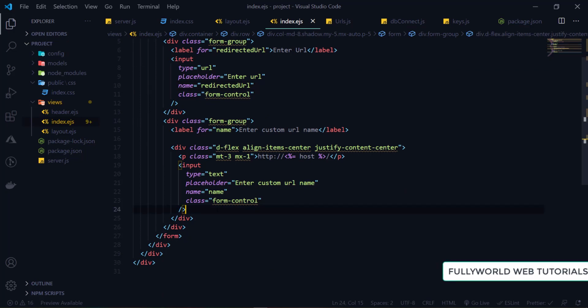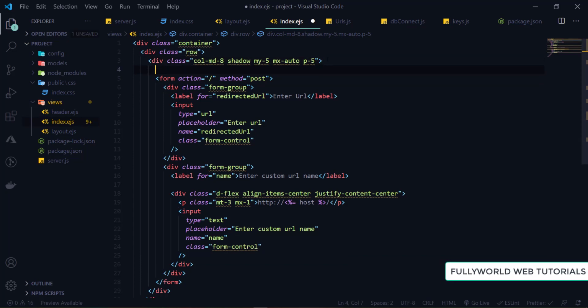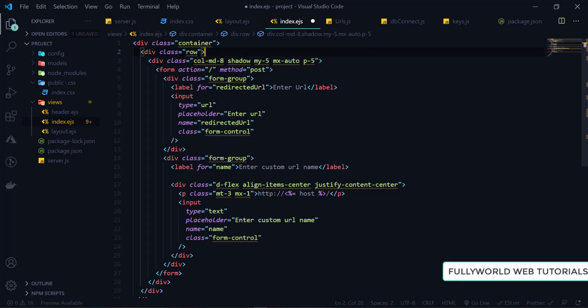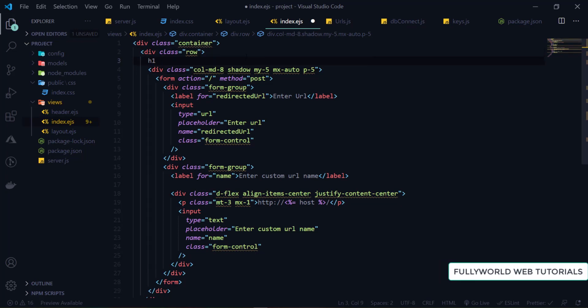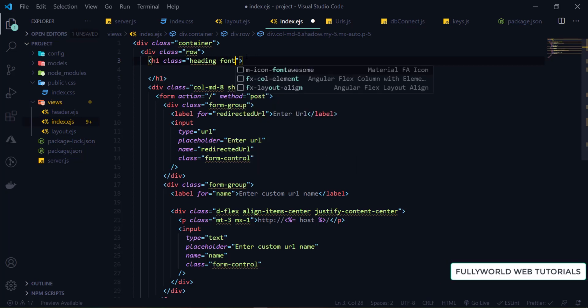Here first of all we have to set the h1. I'm going above, and here we are going to write one h1 tag. The class will be heading, and here we just have to set the font size.